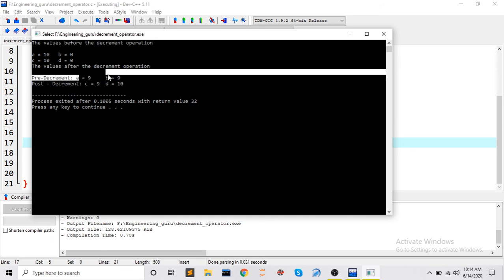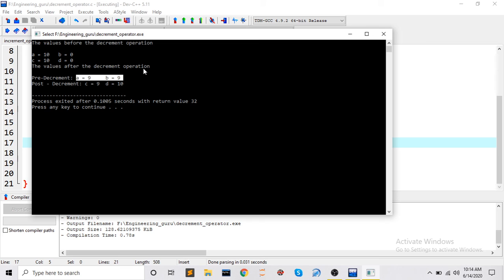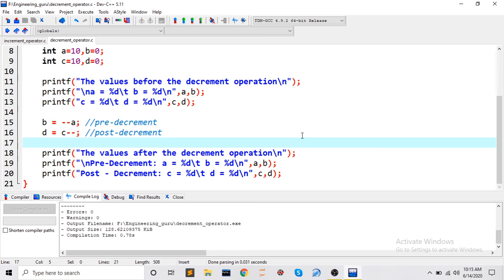First we decremented the value, so a became 9, and then we assigned the value of a to b, so b also became 9. In post decrement, first we assign: 10 is assigned to d first, so d becomes 10, and after that the decrement operation is done, so c becomes 9.